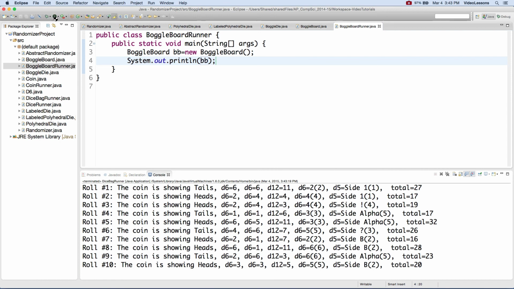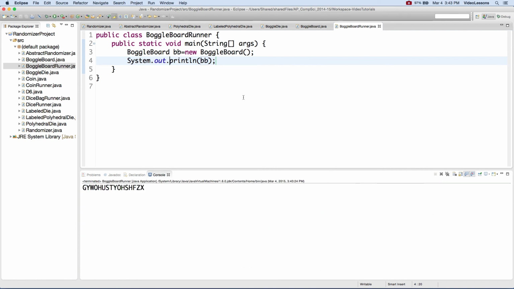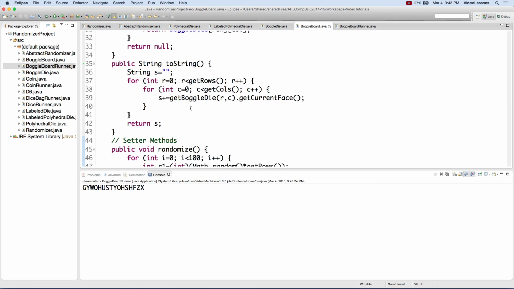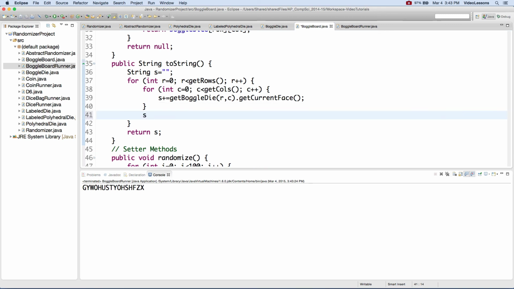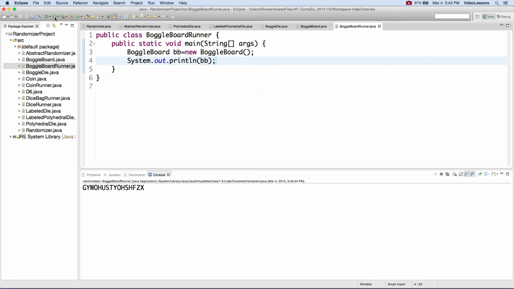Let's make sure we have the right class selected. There we go. Oh, what did we forget to do? This looks like 16 letters in a row. Let's go back to BoggleBoard, go to our toString method, and I forgot to put a new line in between each row. So I'm going to do s += "\n" to do a new line after each row. And then go back to BoggleBoardRunner and run it. And there we go. Look, I've got 4 rows, 4 columns with random letters,